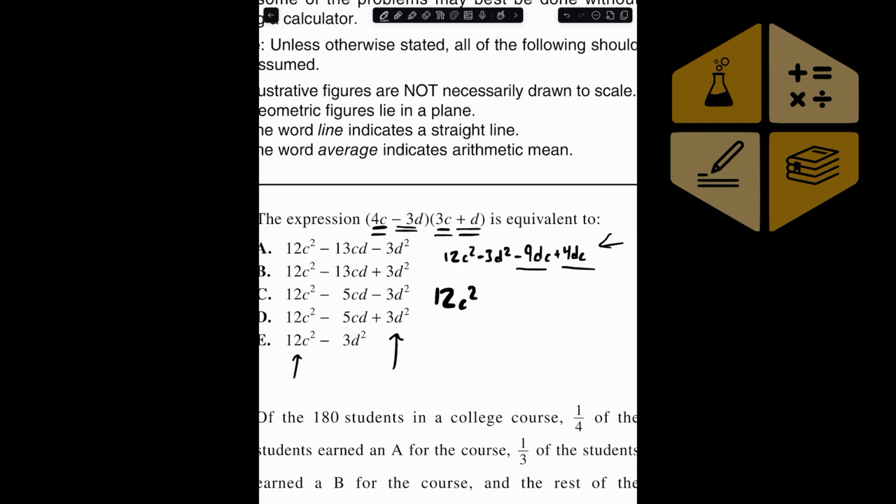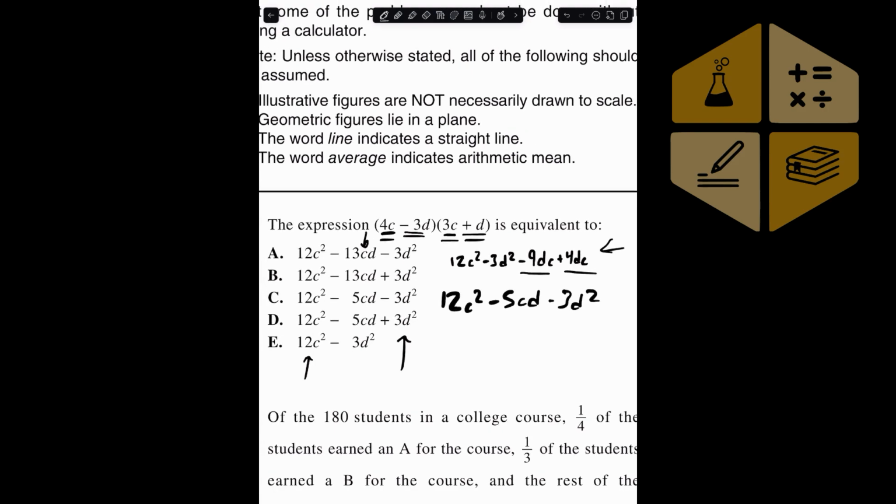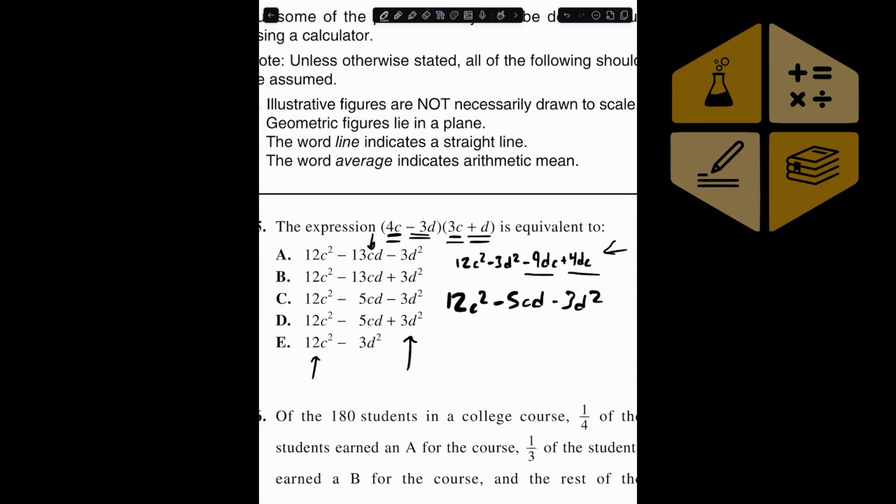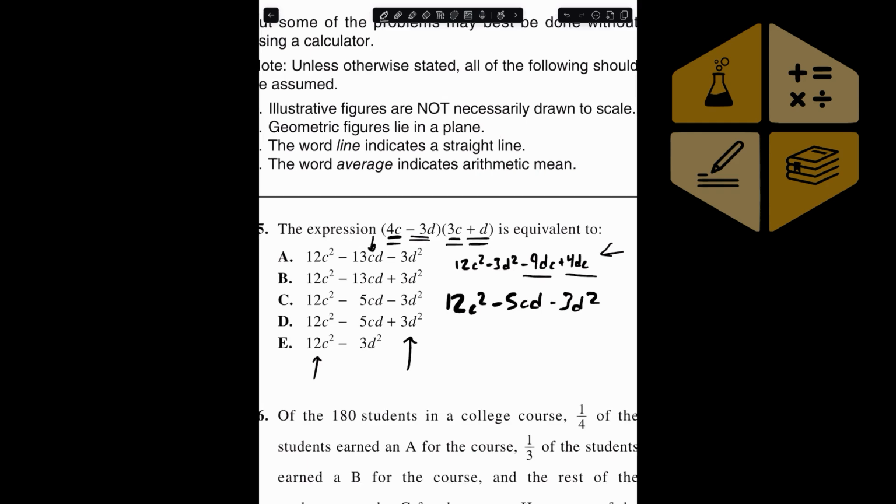But -9dc plus 4dc, simplifying that, is the same thing as -5dc, or the way this is written here is cd, so it doesn't matter. -5cd, and then minus the 3d squared. Looking at my answer choice options, the one that matches that perfectly is C, and that's how I know